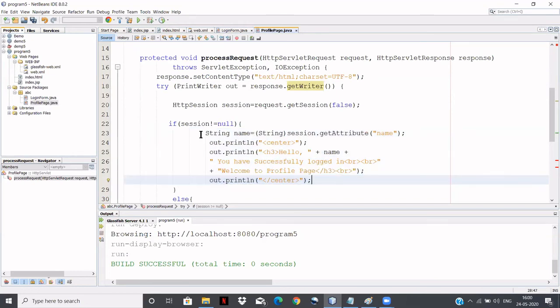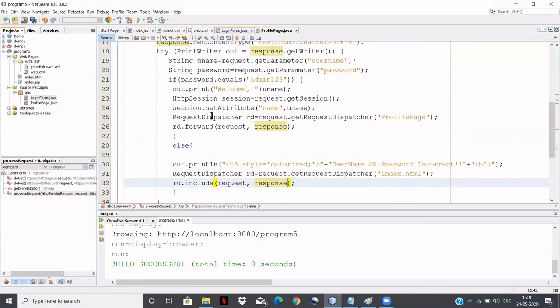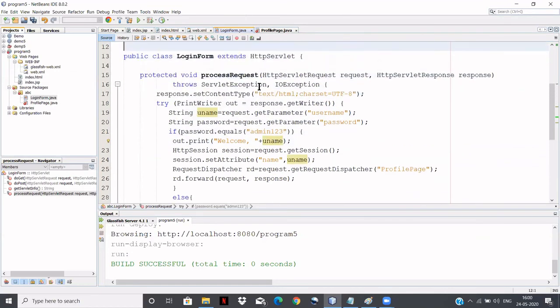Here I am going to retrieve this session. How am I going to retrieve this session? First, using this session variable, session.getAttribute, I'll use this name, right? What is this name? Here you use this name, right?